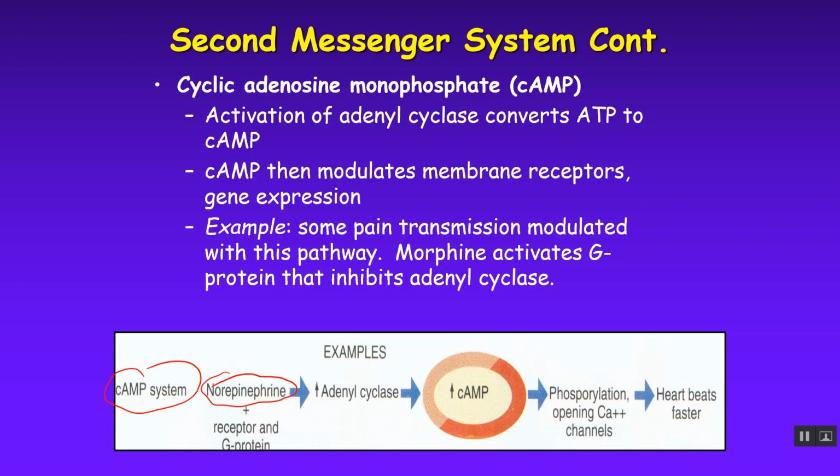So norepinephrine binds to your cardiac cells and activates a receptor, a G protein mediated receptor. That G protein then floats over and tells adenyl cyclase, which is an enzyme in your cell, to start making cyclic AMP. Cyclic AMP is therefore your second messenger. So adenyl cyclase is an enzyme that creates the second messenger, which is cyclic AMP. Cyclic AMP then causes phosphorylation and opening of calcium channels in your cardiac cells. And so when calcium comes in,